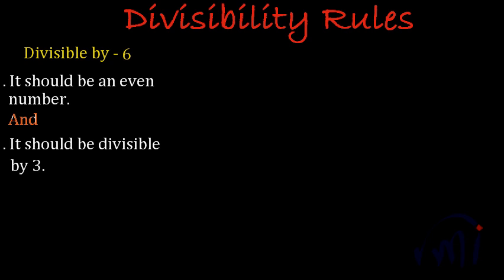And if a number is completely divisible by 2, that is without leaving any remainder, then it is called an even number. So since 6 is an even number, any number which is completely divisible by 6 will also be an even number. Or we can say divisible by 2. The number has to be divisible by 2, right? And what are the factors of 6? 6 can be written as 2 multiplied by 3, right? So any number which is divisible by 6 will have to be divisible by 2, that is the number has to be even, and it should also be divisible by 3, right?